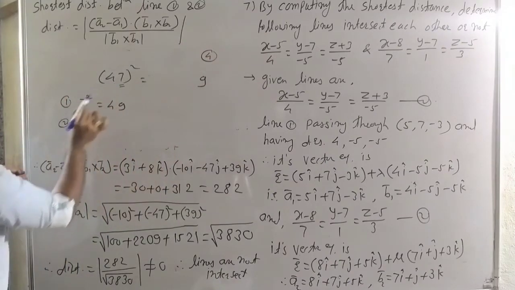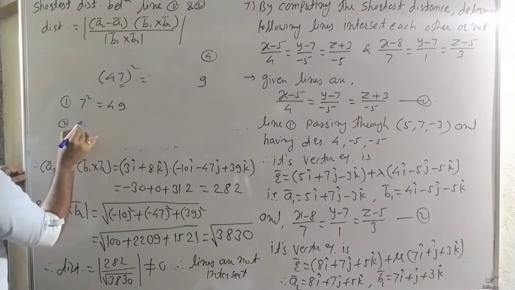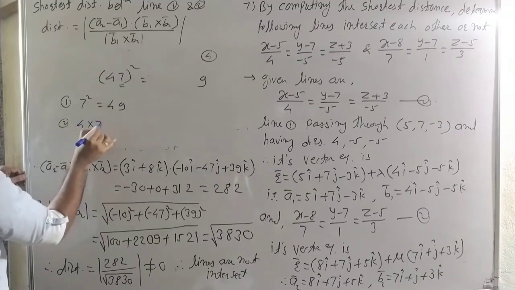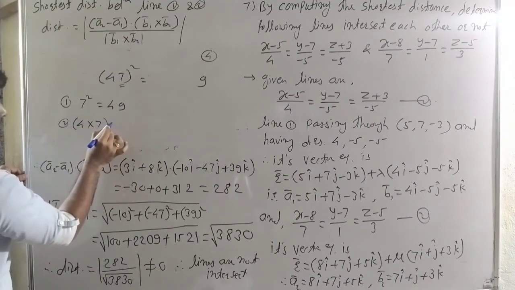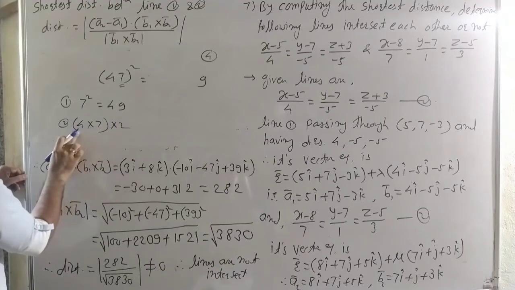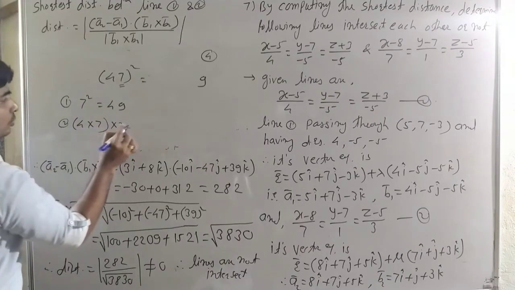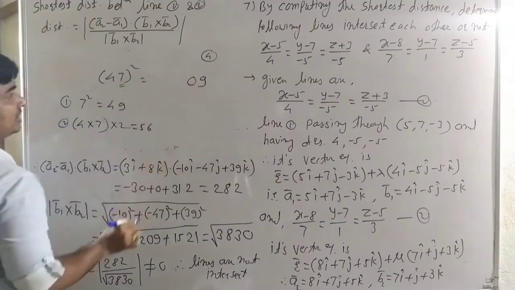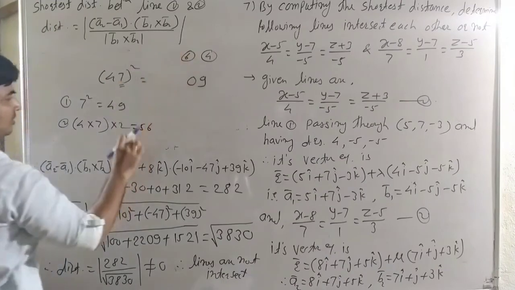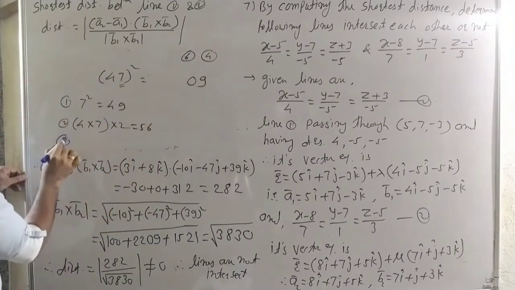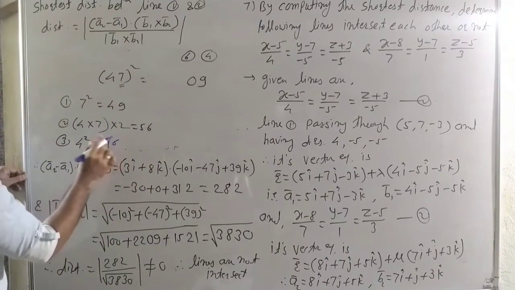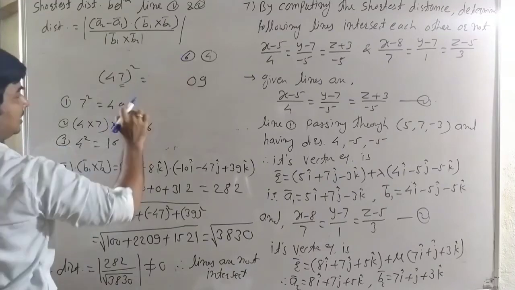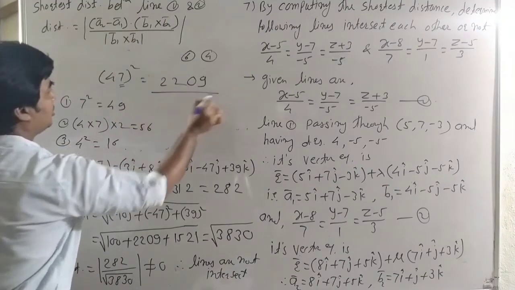Then the second step is the product of these two numbers, and twice that. 4 into 7, 28, into 2 is 56. 56 and carry 4 is 60. Now carry 6. And now 4 square, the third step. It is 16, and 16 and carry 6 is 22. Okay, it is the square of 47.